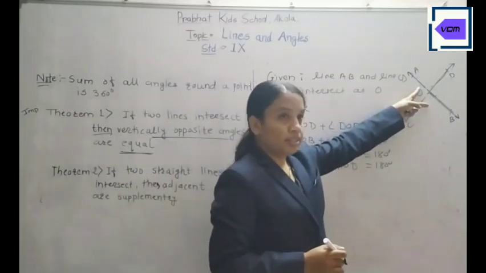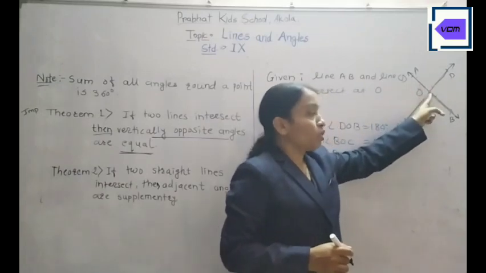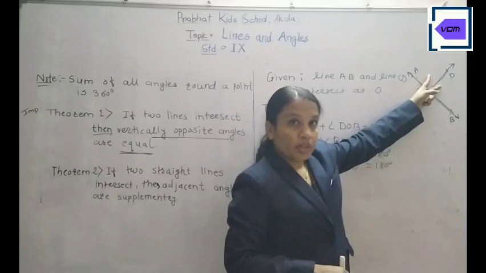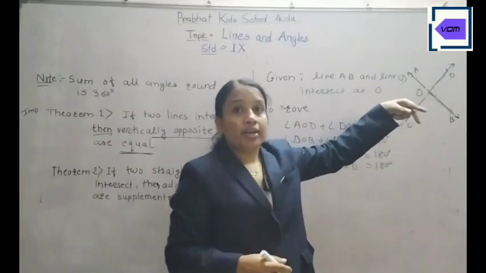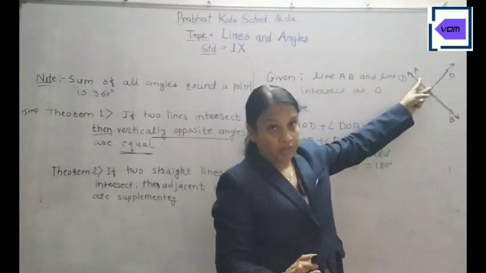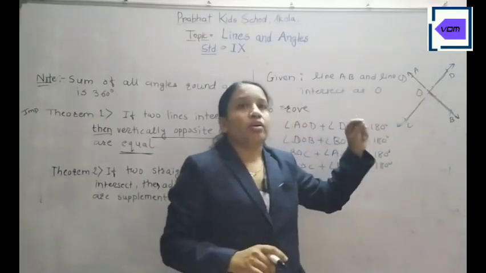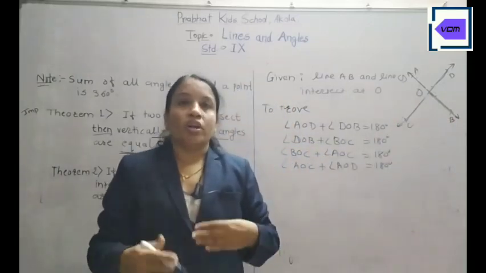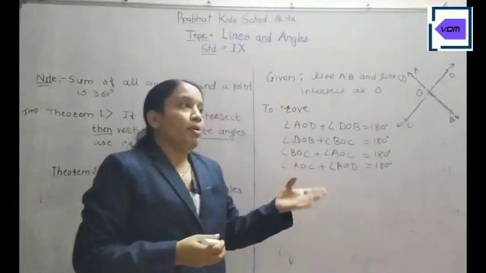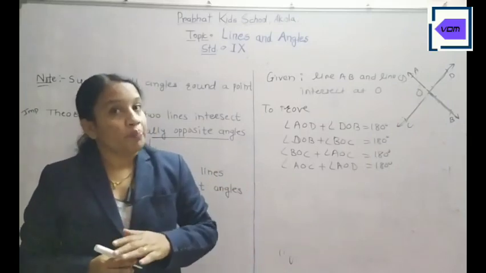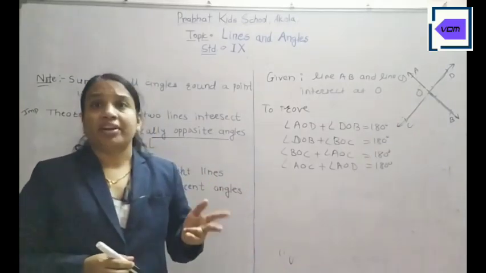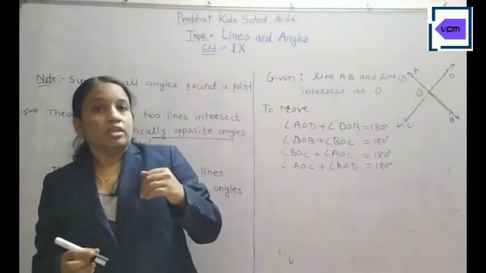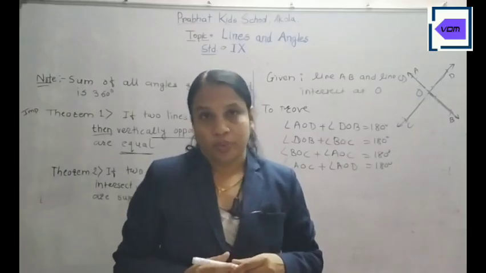That AB is a line, and ray OD stands on it. So by axiom 1 these are adjacent angles and therefore the sum is 180, because they form the linear pair axiom. Okay, that one axiom is the linear pair. And if their sum is 180, it means the angles are supplementary. Only the way of asking is different. Every linear pair is supplementary angles, but not every pair of supplementary angles forms a linear pair. Okay. Now let us see some examples in the next video. Thank you.